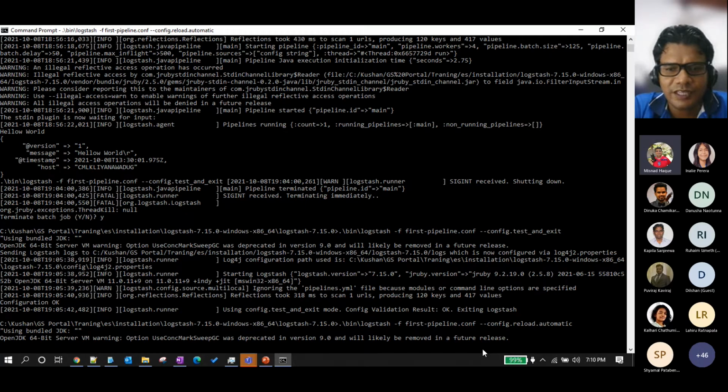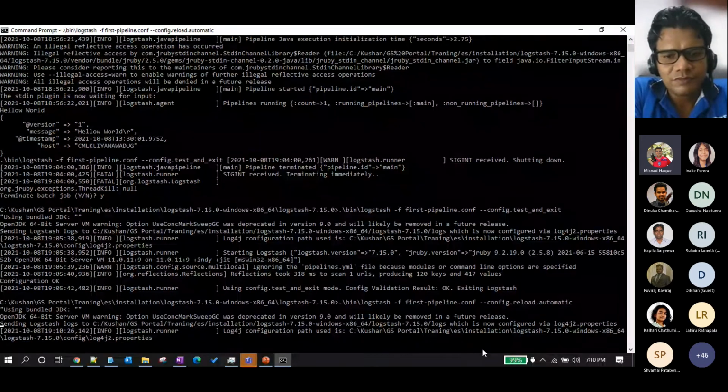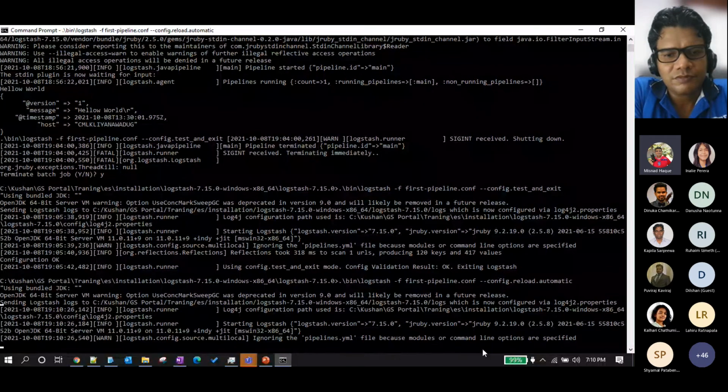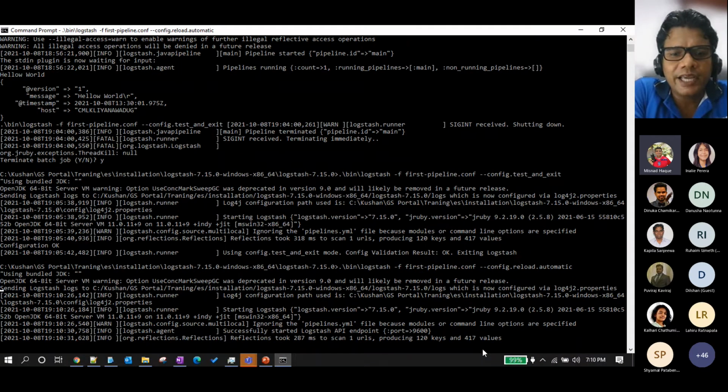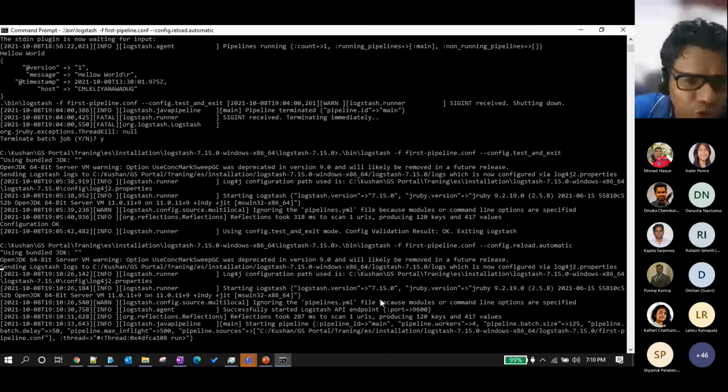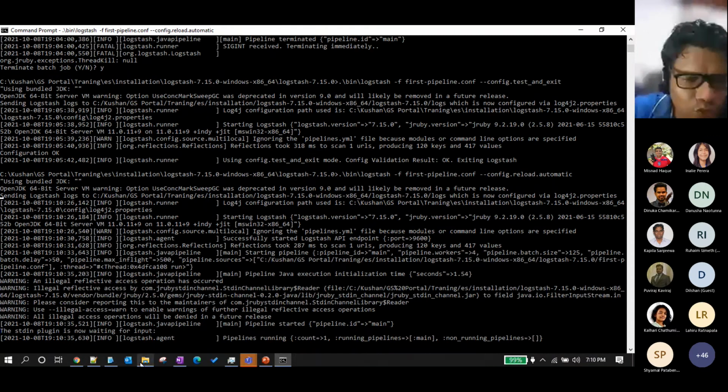Kushan, again, while it's running, just in terms of the logs, you mentioned that you can parse the logs and so on. But are there any standards that we must follow when we build out the log files, or when we are coding log output? Yeah, standard in the sense that, I'll show you one log file.